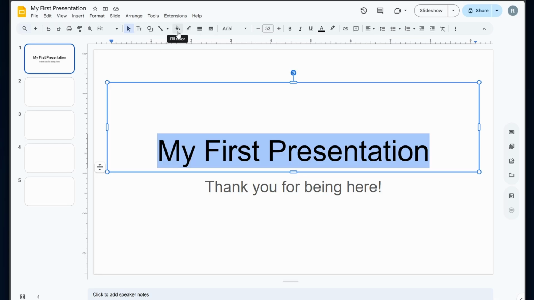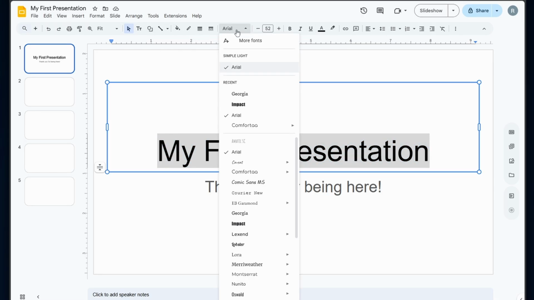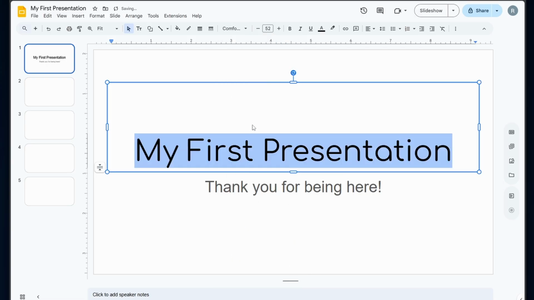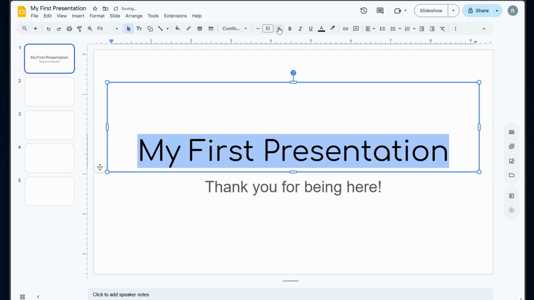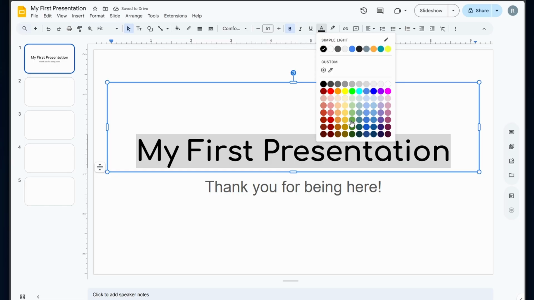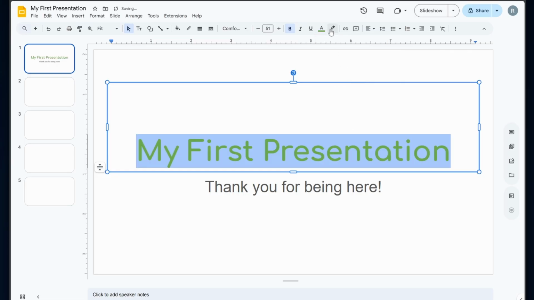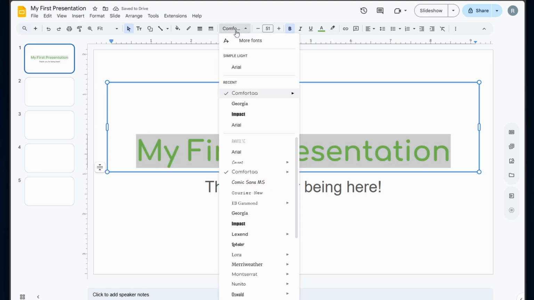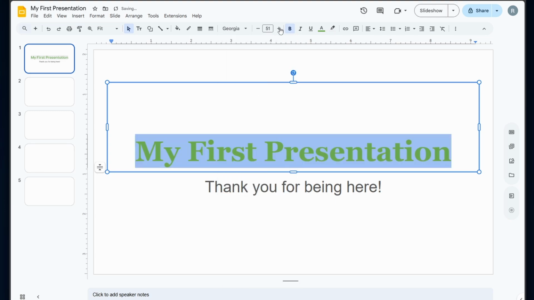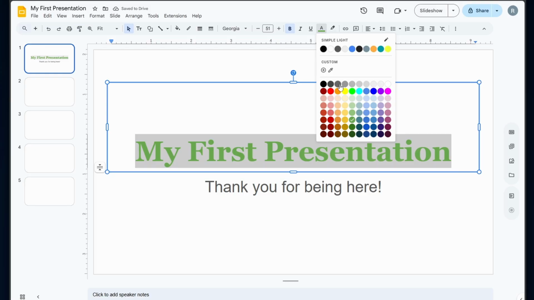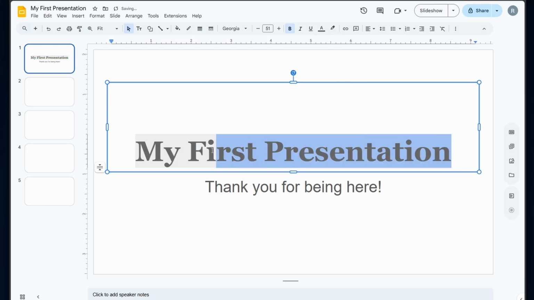So we can choose to change the font here. What if we changed it to this one? We can make this font bigger or smaller, make it bold. We can change the color. We can highlight it. Pretty nice. So we've got a number of different options there. But what if we just keep it, let's go back to Georgia, keep it like a dark gray,